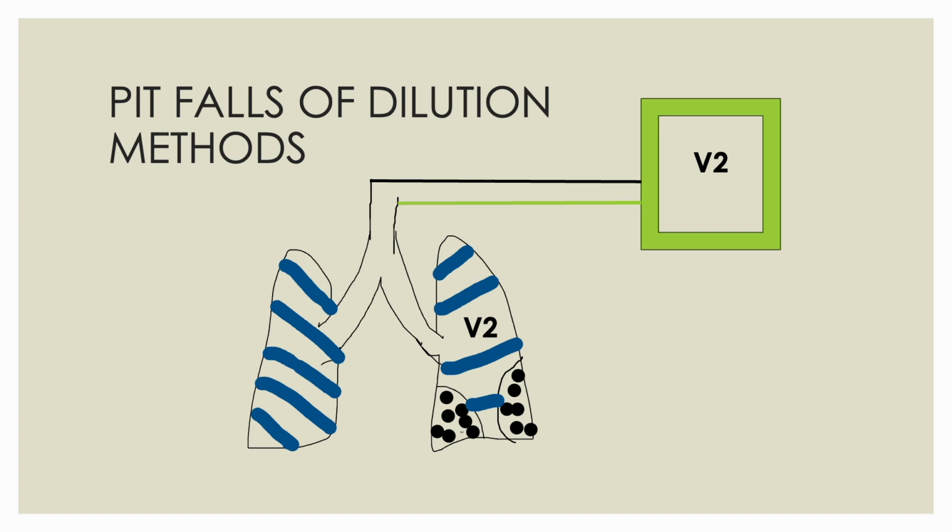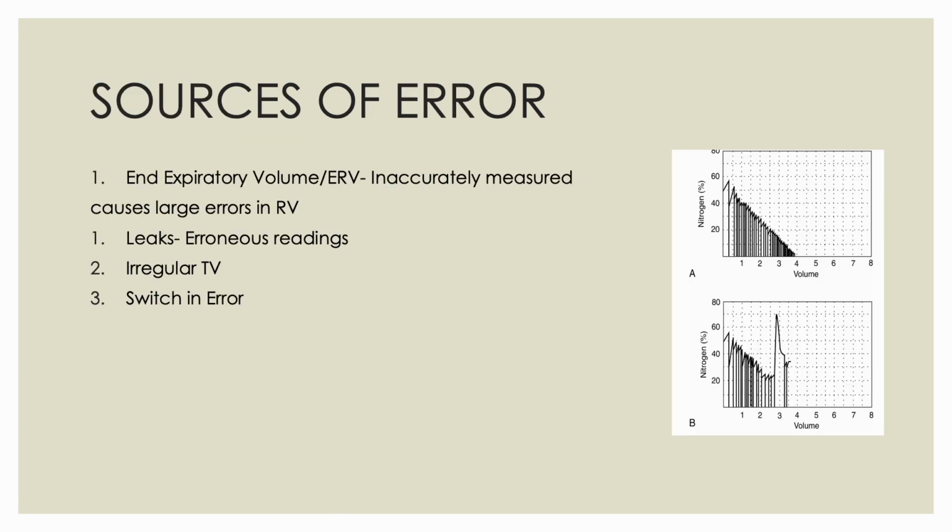There are a lot of pitfalls of the dilution method, so they are not sacrosanct, and so body plethysmography is the next logical step. One of the pitfalls is that you are inhaling a known concentration and a known volume, but when you're expiring, those areas of the lung which are less contributory, say an emphysematous bleb or bulla, or a part of the lung which has fibrosis, will not contribute to the final volume. So what you are estimating may not be the correct one.